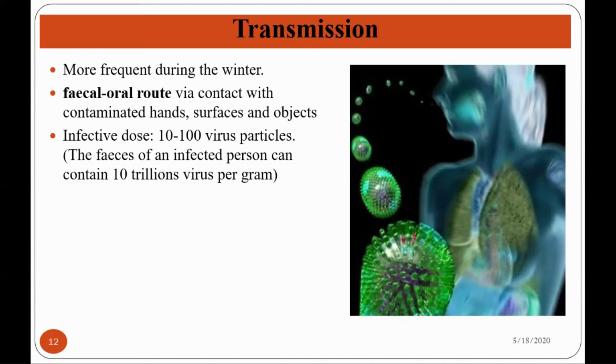Our small intestine will be affected by these rotaviruses. Some rotaviruses can also be transmitted to human beings by the respiratory route, but the case is very rare. When a person vomits, the vomit particles are exposed in the surrounding air, and when we inhale the air droplets which contain viral particles of rotaviruses, these viruses gain access to our gastrointestinal tract. So transmission through the respiratory route is not common, but the most common route of transmission of rotaviruses is fecal-oral.